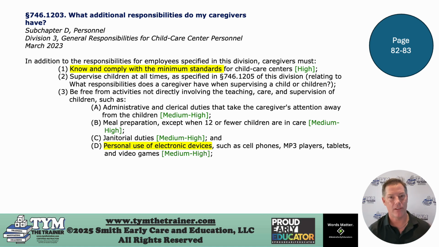Supervise children at all times. Now, does it say right there you must supervise children most of the time? No. Does it say you must supervise children some of the time? No. At all times. And remember supervision: sight, sound, awareness, positioning, proximity, energy.